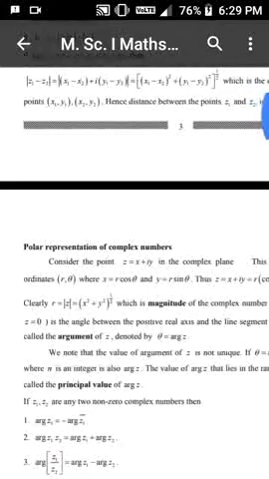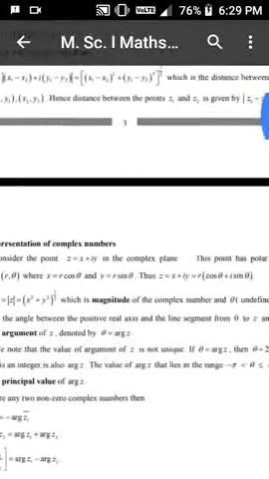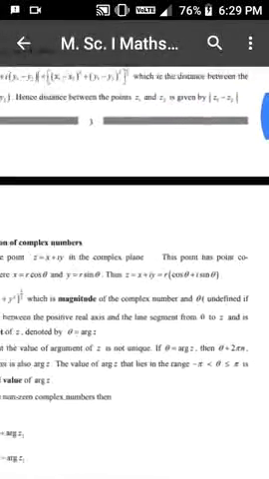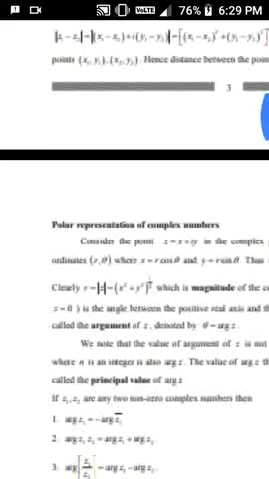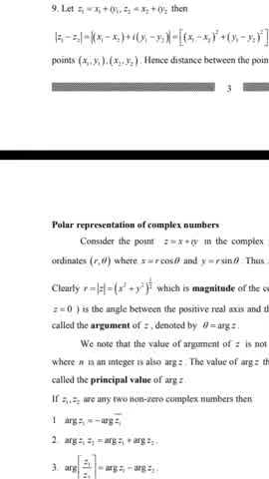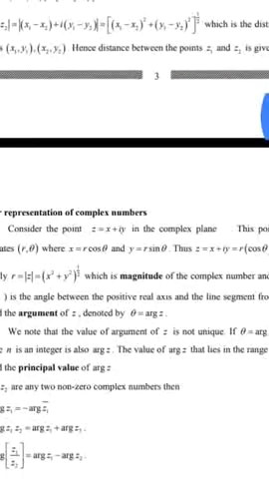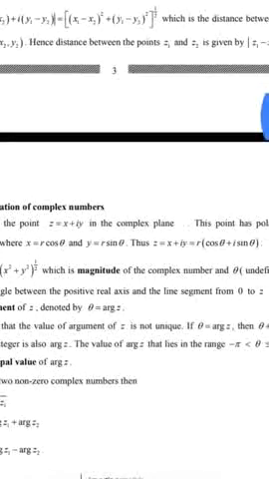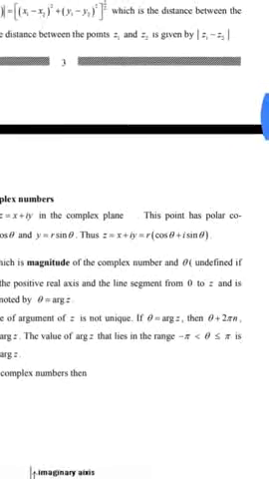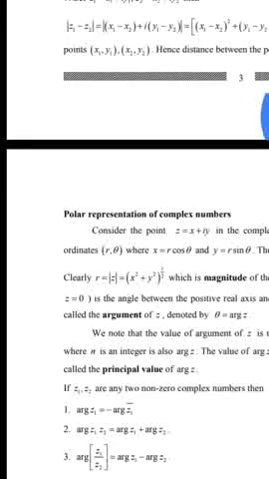z = x + iy in the complex plane. This point has polar coordinates r, theta, where x = r cos theta and y = r sin theta. Thus z = x + iy = r (cos theta + i sin theta). Clearly r = modulus of z = (x² + y²)^(1/2),